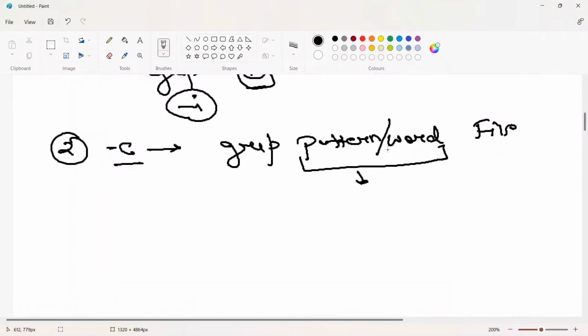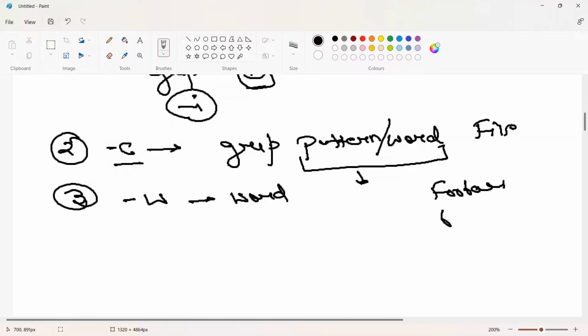So that is the use of -c. The third option we're going to use is -w. It will search for only a specific word. Let's say there is one word, this foo bar, and one is only bar. So this bar is here also, here also. Now if I search,